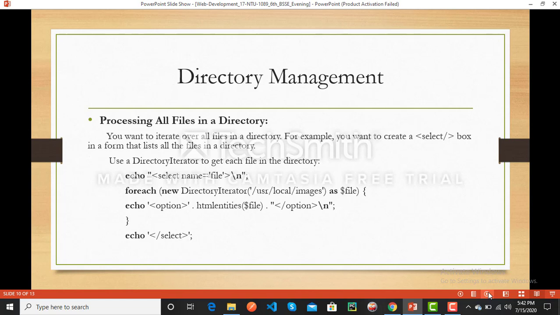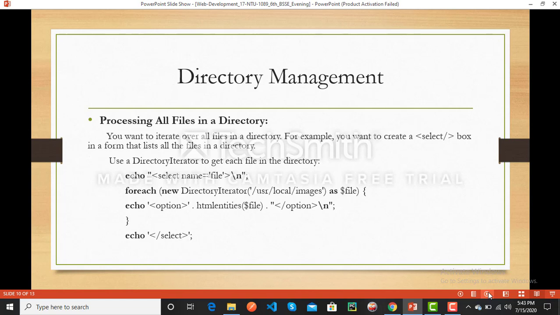For example, echo select name file. Here we put the name of the select file. For each, we create a new DirectoryIterator. It is used to upload the image or the file, for example, slash user slash local slash image.